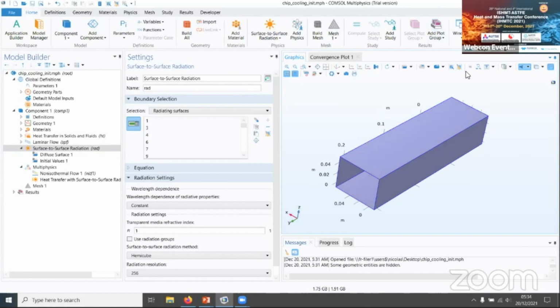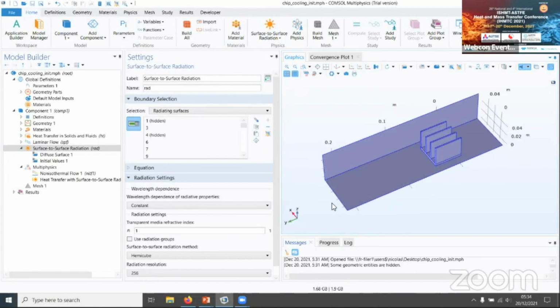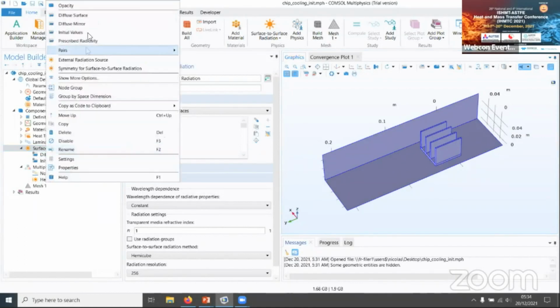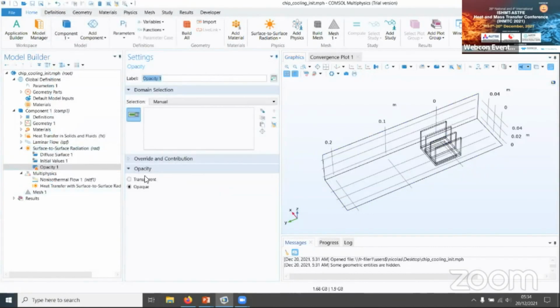And if I want to have a better view, maybe I can hide some boundaries so that I can see what's happening inside. The only thing I have to do is to say that the exterior to the radiating wall is opaque. So I pick opacity and say that the void, which is external to the geometry, is opaque.